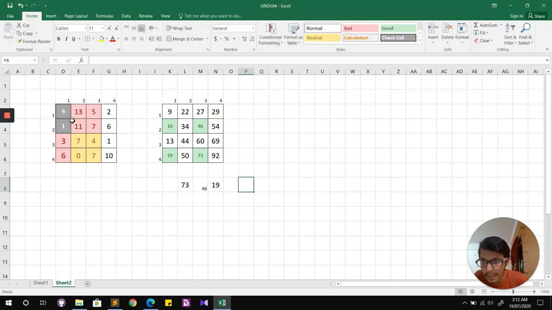And these elements are subtracted twice, so I need to add these. 9 plus 1 10, right? So this 10. So I need to add them. So here it's basically 73 minus 46 minus 19 plus 10. What is it? 18. So we got the answer 18